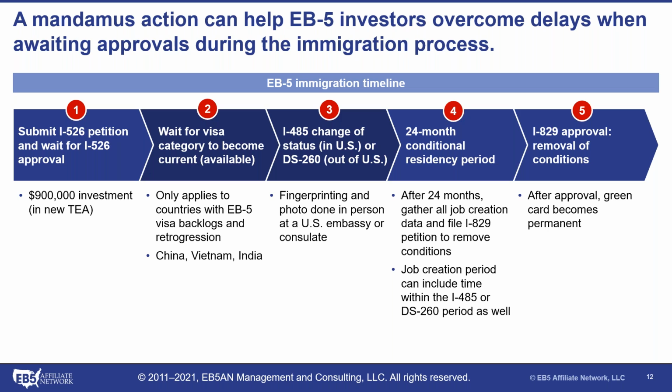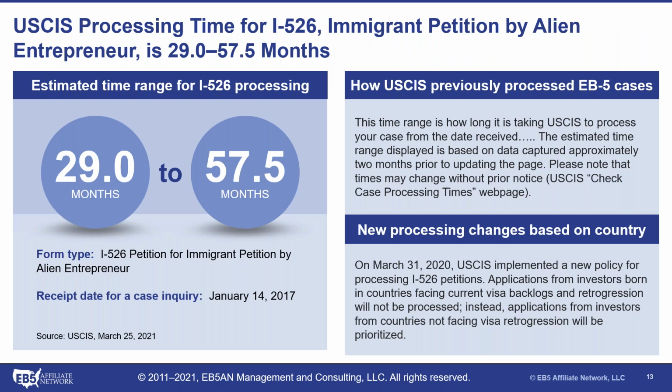With that in mind, let's shift over now to the next slide and talk about the current range. As of earlier this morning, the currently posted range on the USCIS site is 29 to 57.5 months. Can you explain what happens for an investor who has been waiting 4 years, 48 months? Does that person have no hope and have to wait until 57.5 to even try this? Or is it just a likelihood of success, an incremental step change difference, if they're outside of the range?